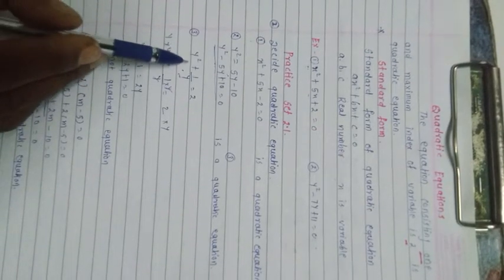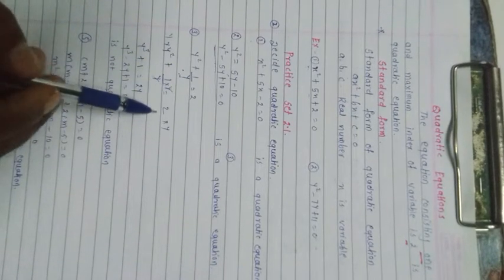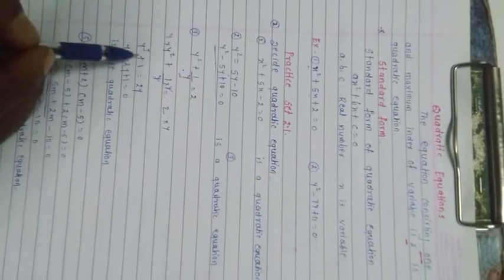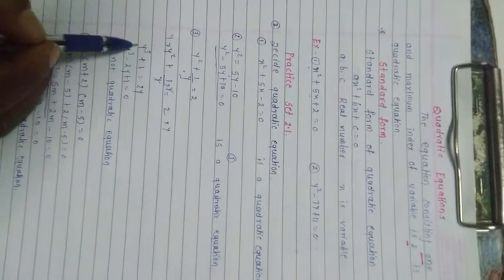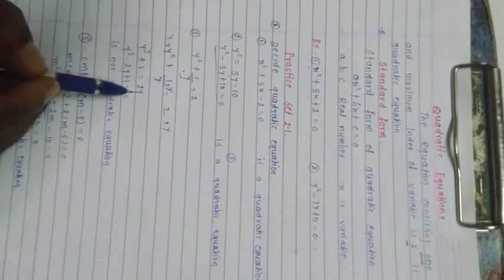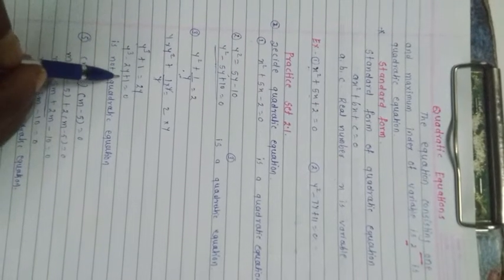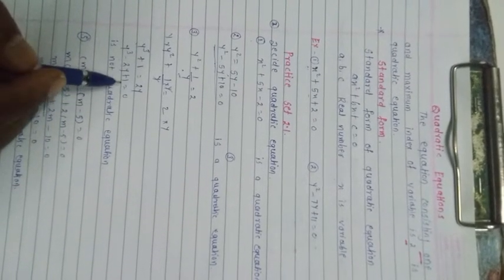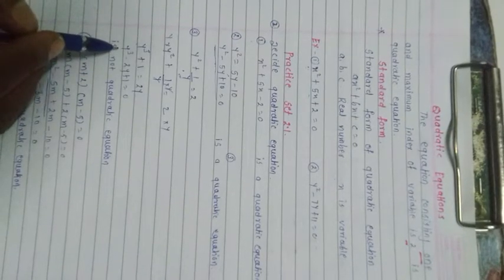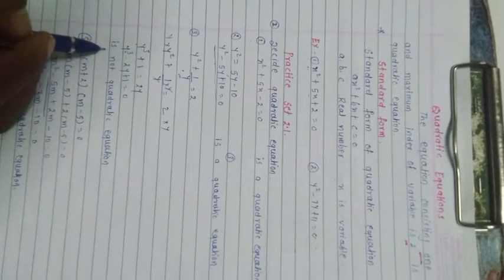Therefore multiplying y square into y, 1 upon y into y is equal to 2 into y. Here y gets cancelled. We get y square into y is equal to y cube. This is plus 1 and is equal to 2y. Changing the side of 2y here, finally we get y cube minus 2y plus 1 is equal to 0. Now here the equation consists of one variable, but the highest index of the variable is 3. Therefore, it is not a quadratic equation. We required the higher index as 2.